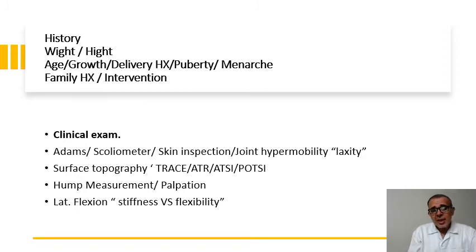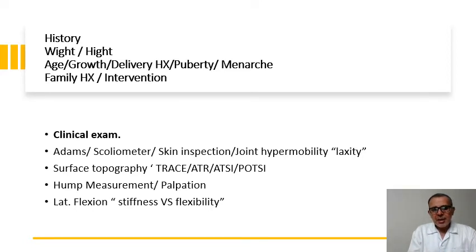Then we're still in the non-invasive part here. We use our surface topography, Trace scale. All of you know by now the 0 to 12 scale, and anterior trunk rotation, anterior trunk symmetry index, posterior trunk symmetry index, as we discussed in the earlier episodes, give us an idea about how the aesthetics are looking for this particular